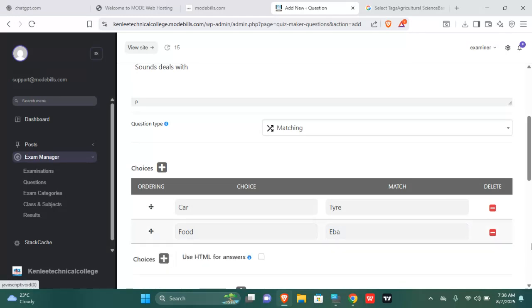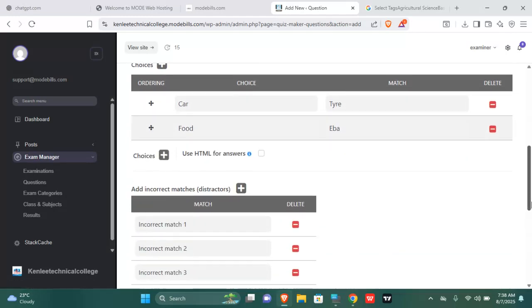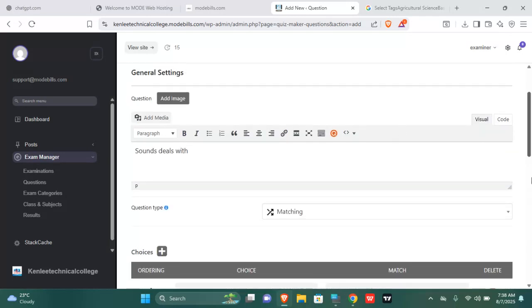Now let's just delete it and work with two options in order to be fast. Once you have this, we already know if a student marks car to eba, they're incorrect. Why, if they mark food to tire, they're incorrect. So what do you do? You select the incorrect match here. The incorrect match is what you select here. So car to eba, you select it here. Food to tire, you select it here. You just mark it and that's all. Then